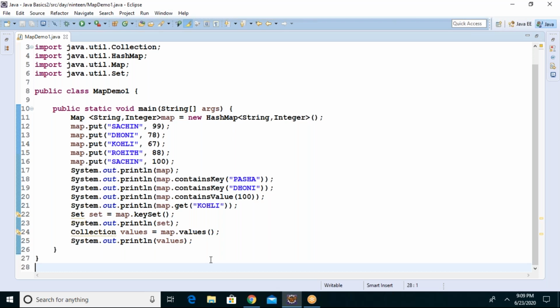Set, hash set, linked hash set, tree set. Then array list, linked list, vector. Yes, very good. Hash map, hash table.